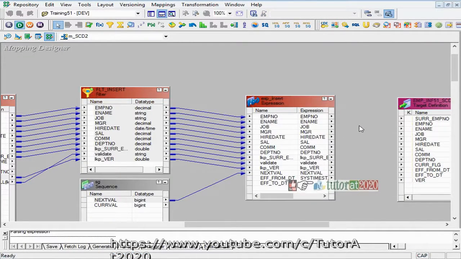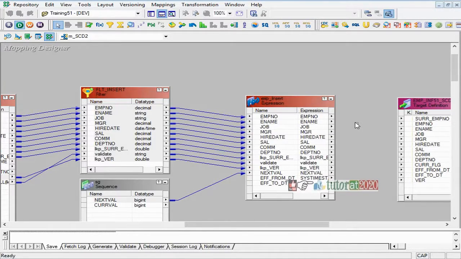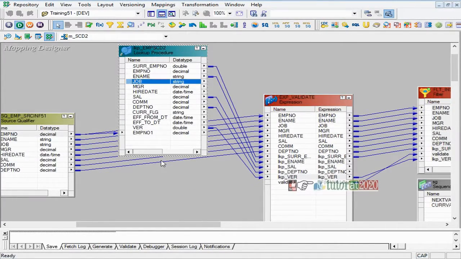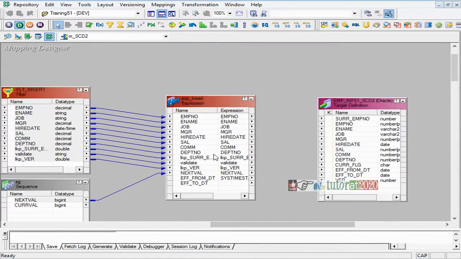Since it requires some explanation, I will stop for today. We'll continue tomorrow, because here there is something for the new record and for the changed record. So in the mapping development, the first critical thing is here, and the second critical thing is here, the derivations. That we'll see tomorrow.